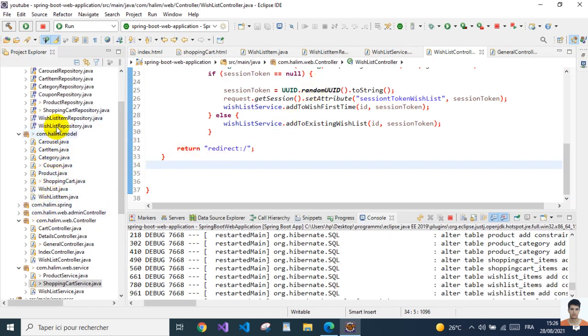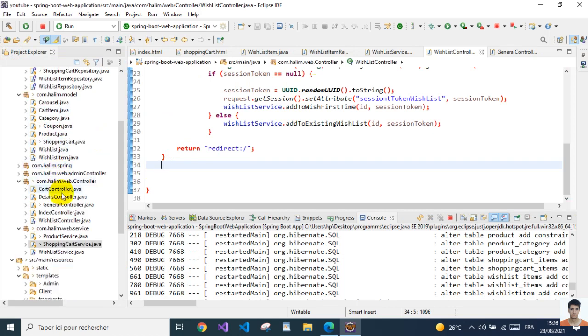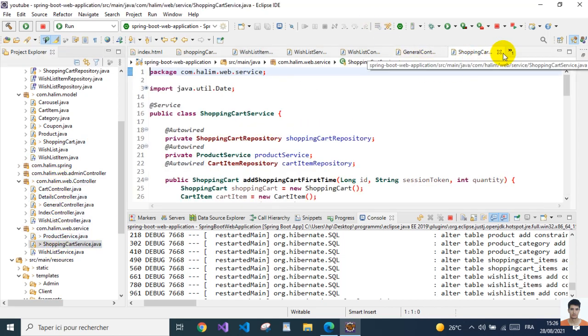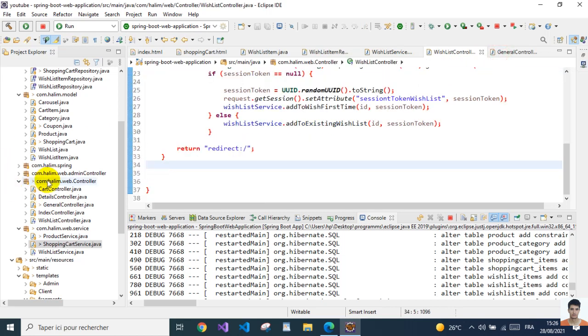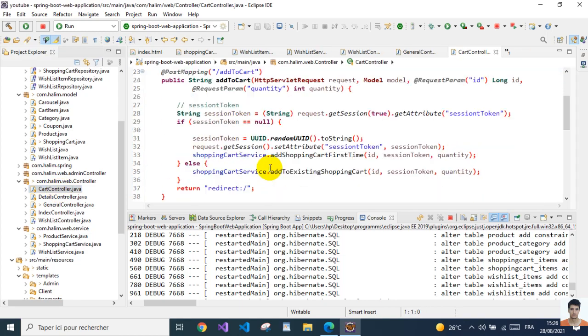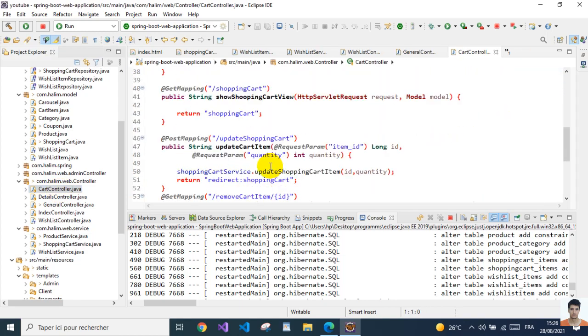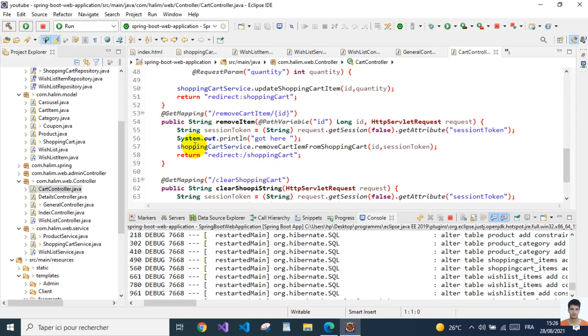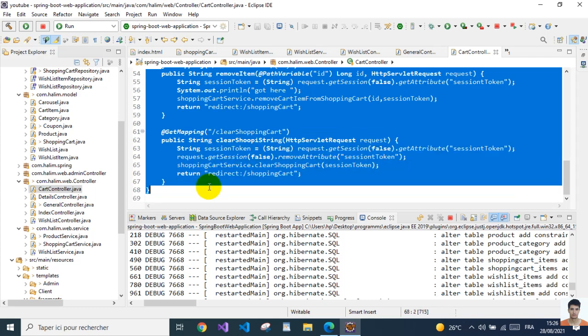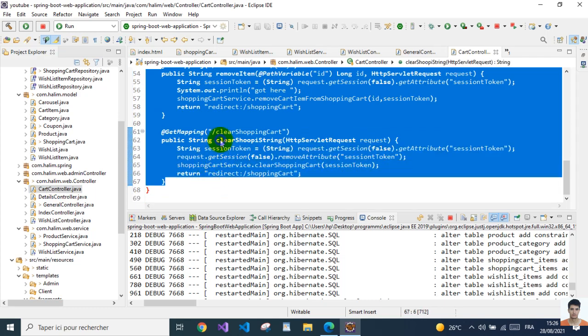So it will be the same as inside the shopping cart controller, not the service, but the controller. Where is the cart controller? Yes, so this is it. Add to cart, shopping cart, update, remove cart items, and clear, so I need both of these,